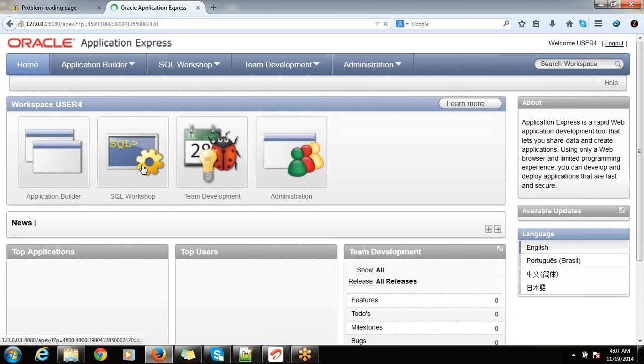Yes, this is the environment where you are going to work for your practice. You can see here workspace user 4. Then SQL workshop. So I am going to click on SQL workshop.